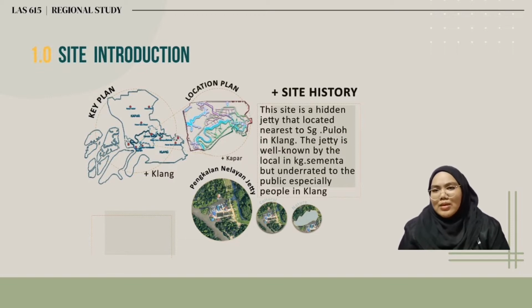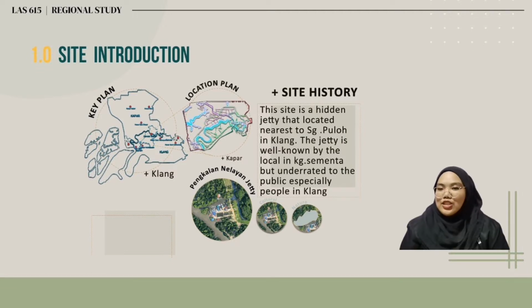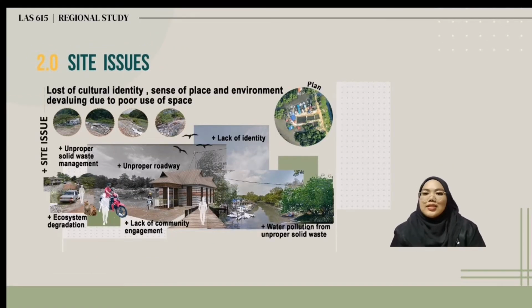So maybe some of you are wondering what the problem is in this site. So now let me show you the site issue. The site issue is a loss of identity, sense of place, and environment devaluing due to poor use of space. Why? Because there are some problems that led to the main issue, which